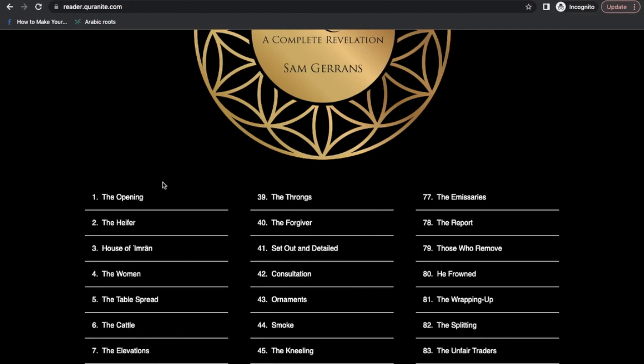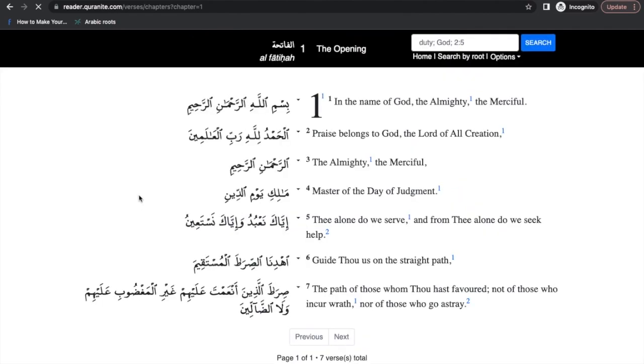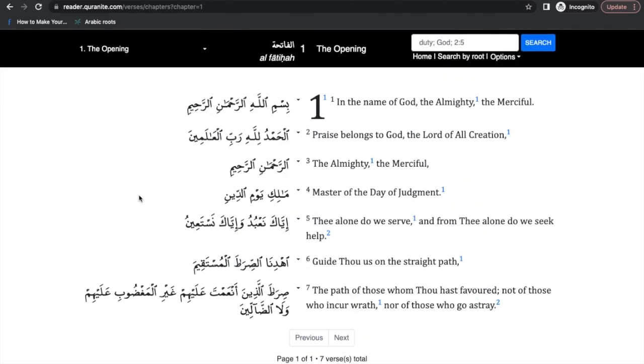Now if you click on chapter 1 here, the opening, you land on this page, and this page is supposed to mirror the hard copy. As you can see, the Arabic is on the left and the English is on the right. This is by design. Again, there should be a seamless transition between the paper and the digital. At least that was my idea behind designing this. So here you have chapter 1, and then obviously you can go up